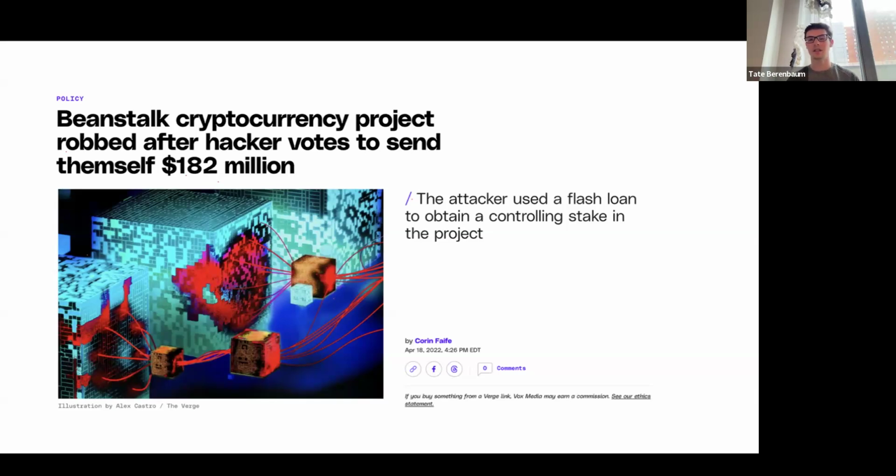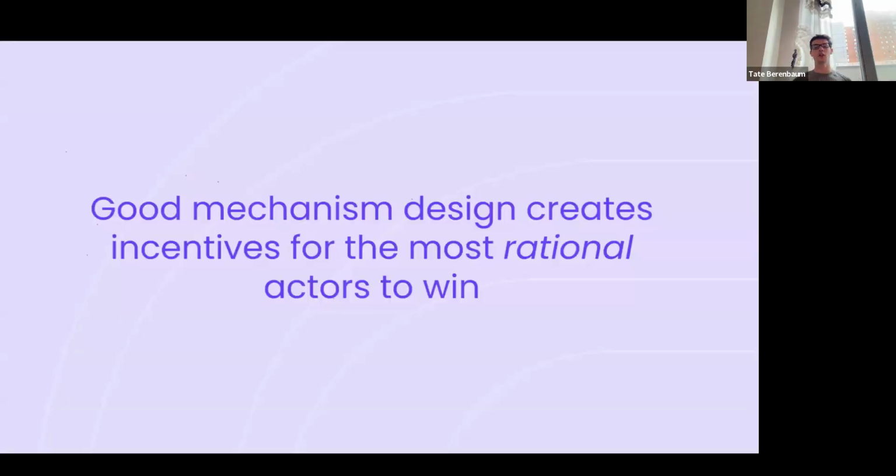I think that, again, you could also categorize this in the bucket of maybe people should have moral incentives that outweigh economic incentives. But this was a very extreme case because I'd imagine people would be willing to do a lot for $182 million if they could find a way to get it.